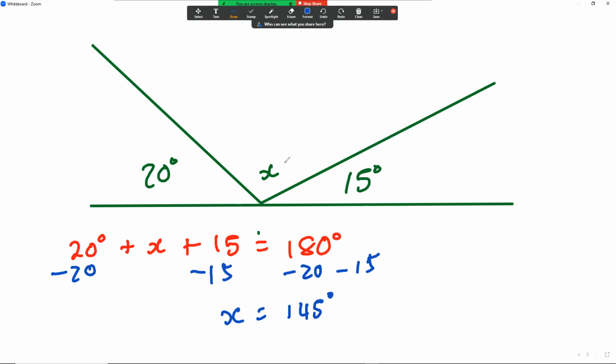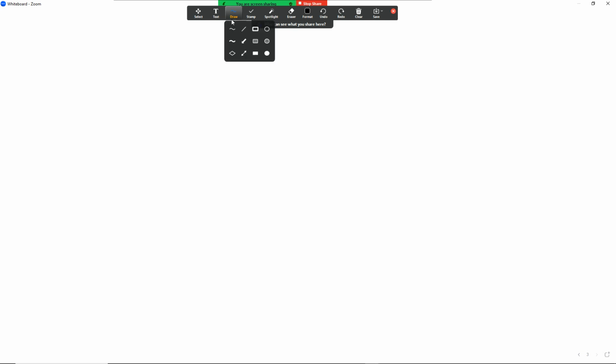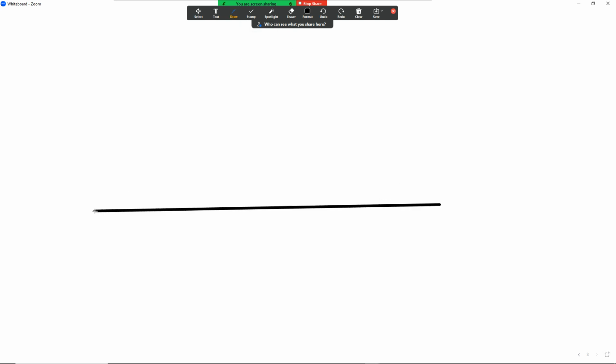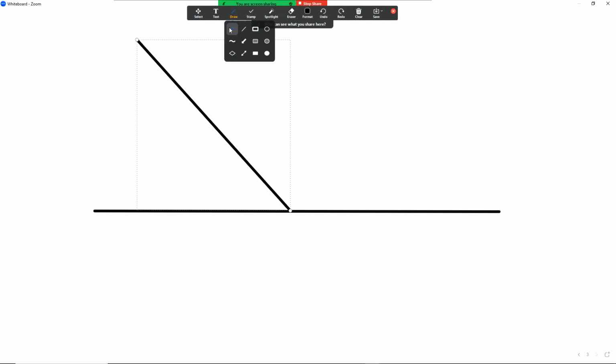So x is going to be equal to 145 degrees because angles on a straight line add up to 180 degrees. All right, you can see here we've included the variable x as an unknown. Okay. Extending this idea now, let's suppose I have some kind of angles on a straight line, adjacent angles on a straight line,